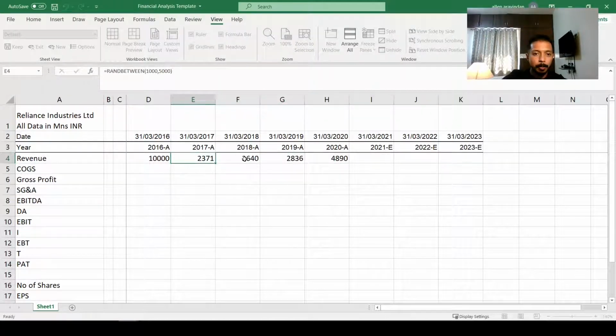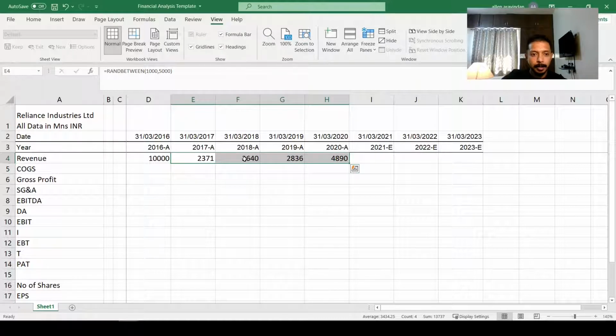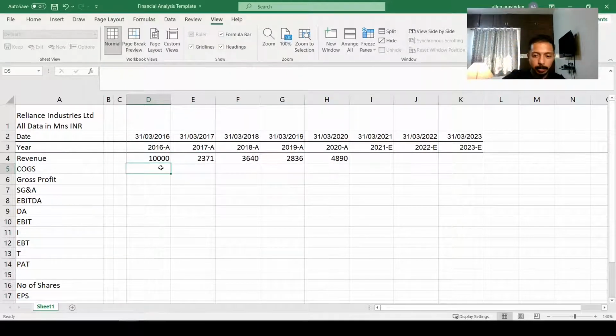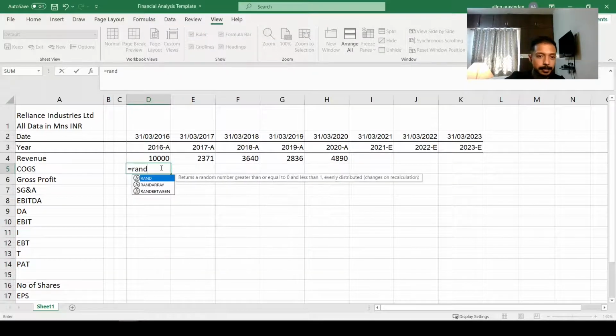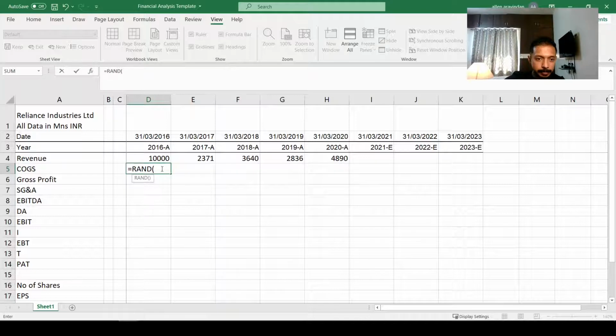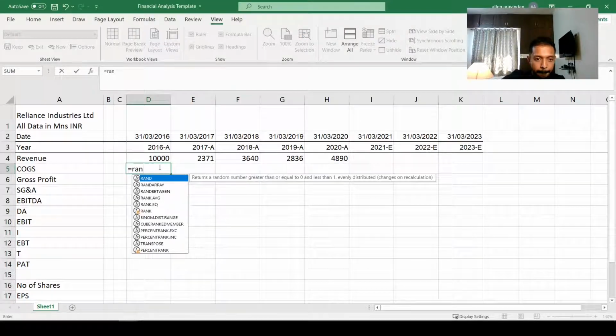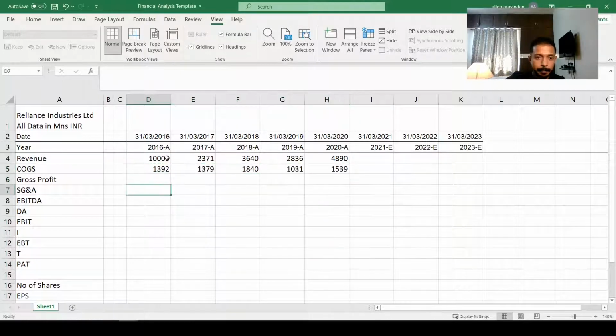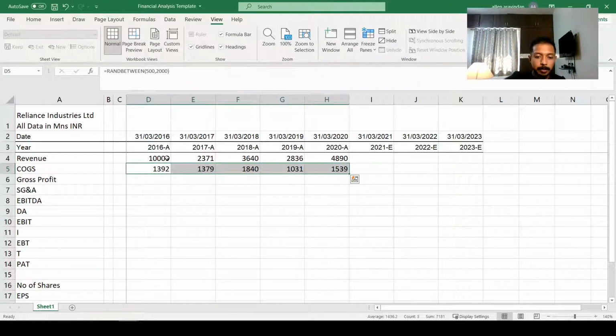So I'm just going to populate random numbers. I don't want to think about numbers. I'm just using the RAND function, the random function, and I'm going to take the bottom as, let's say, 500 and the top as 2000. Okay, so now we have some hard-coded numbers here,